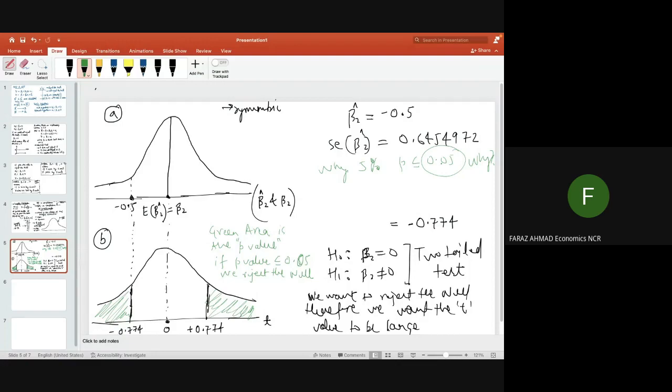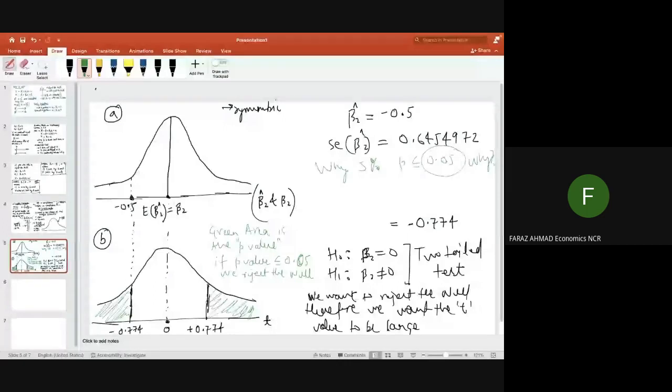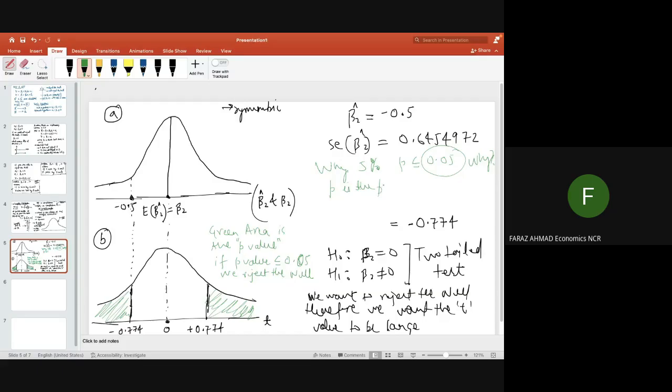What does this 5% mean? Basically, we are saying that p should be less than 0.05. Basically, p is the probability of